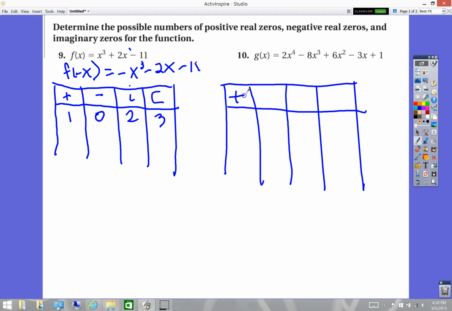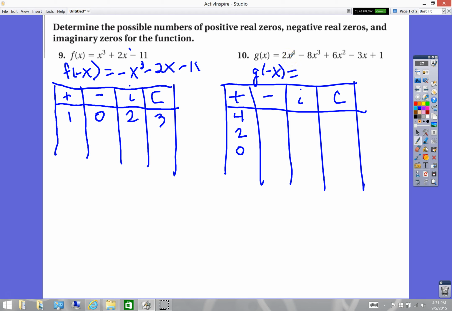Here's my positive column, here's my negative column, here's my imaginary column, and here's the total number of complex zeros. How many changes of sign? 1, 2, 3, 4. So we could have 4 or 2 or 0. I'm going to do it like this since we're counting it 4, 2, 0. We may have to repeat that in a minute, but okay, now if I do g of negative x,